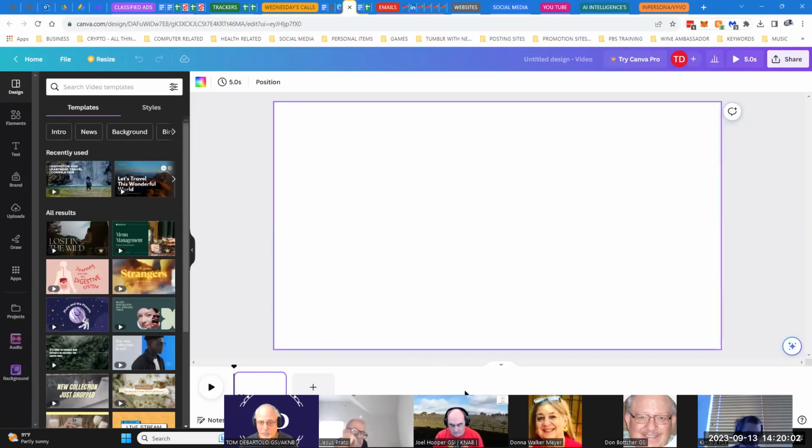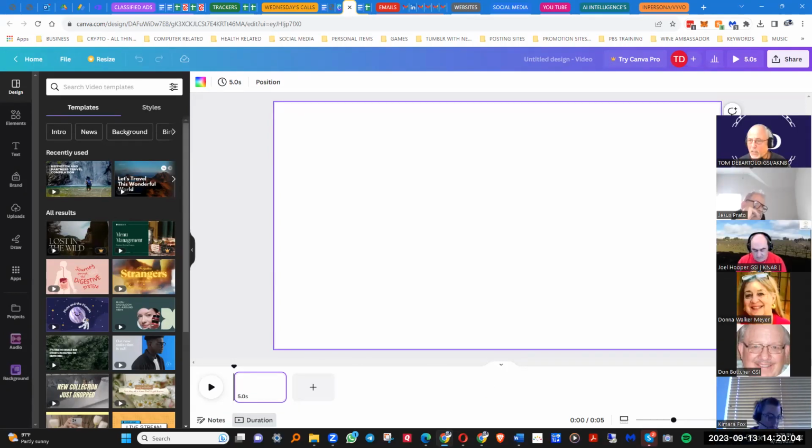Now I want to move this again. Our Zoom is always in the way all the time. There we go. Okay, so you have a nice whiteboard here, and take a look at the area on the bottom. We're in the video section, so you can see right down here on the bottom is the first spot to put your photo. Now, you see there's a whole bunch of stuff over here on the left-hand side.